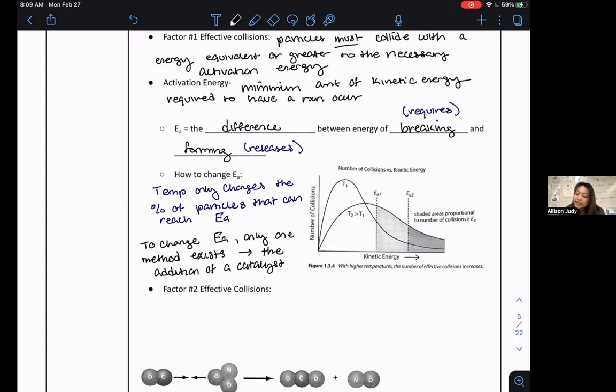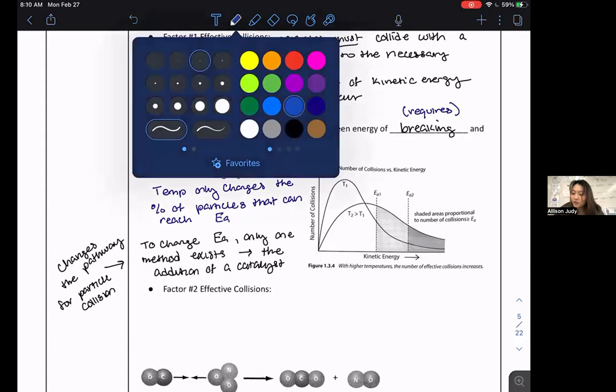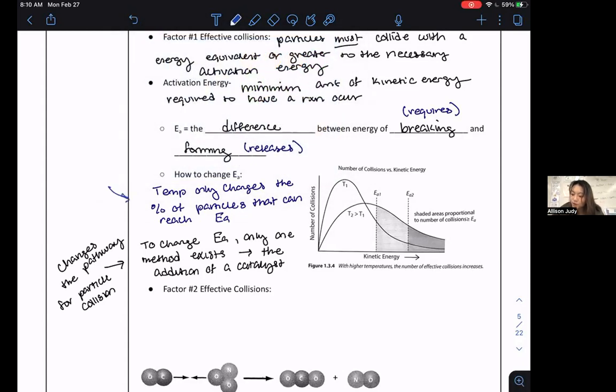So that's kind of the idea of why a catalyst works. It actually changes the pathway. It changes the pathway for particle collision. Whereas temperature just makes the particles faster. Temperature only affects the particles, not the pathway. Okay,